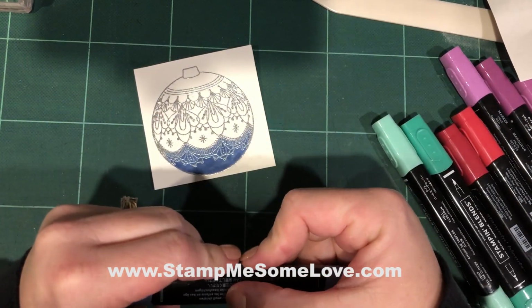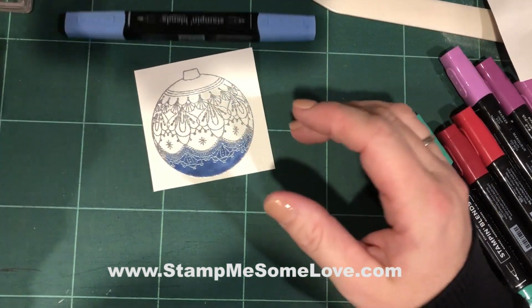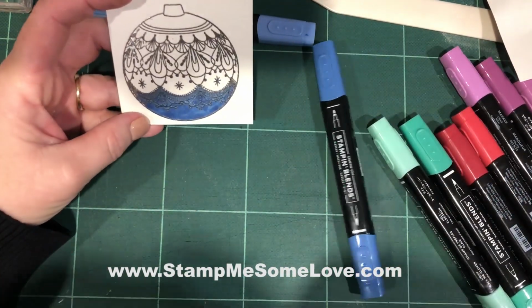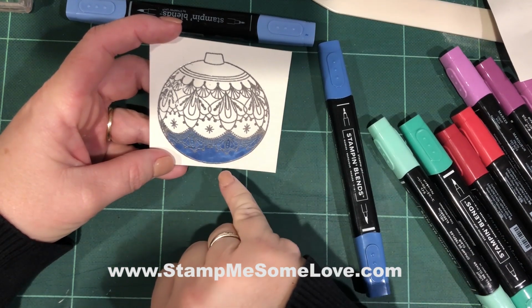So I'm going to close that cap, and you always want to make sure that your caps are completely closed so they don't dry out. So the next thing I'm going to do is use the blue, and I'm going to pretend that there's light coming from the top of the bulb, and so all the bottom section...